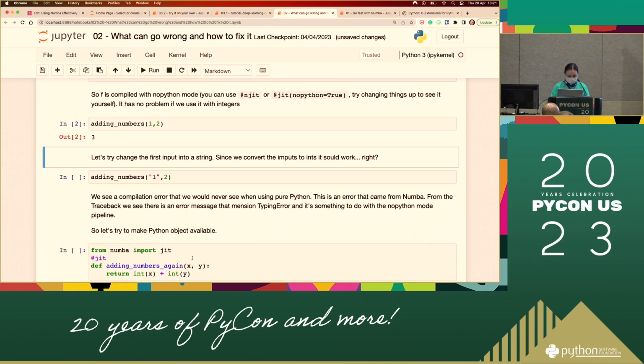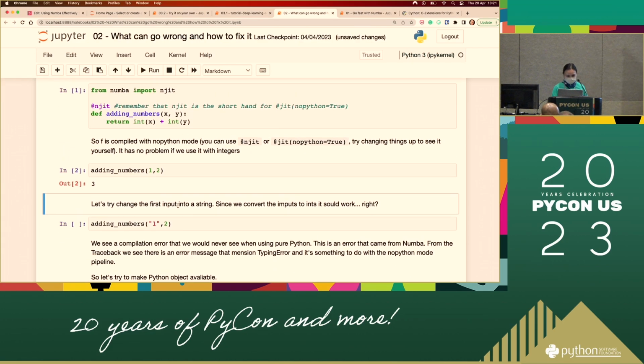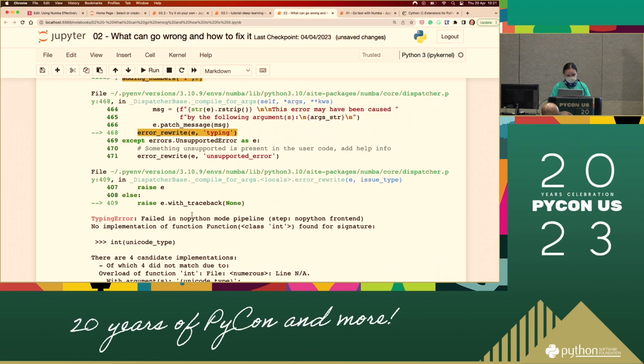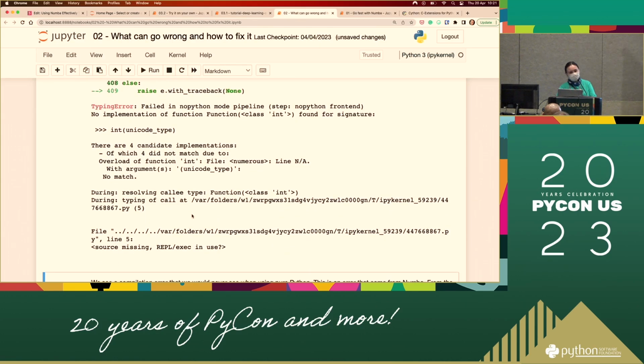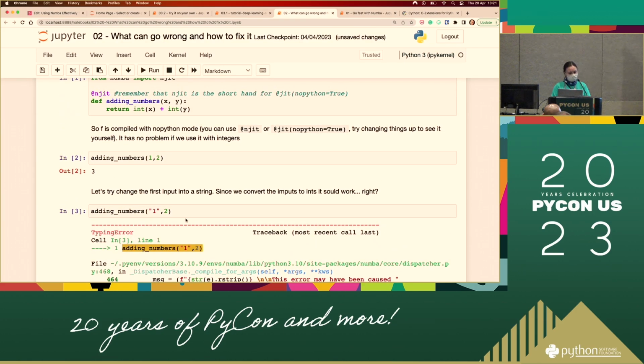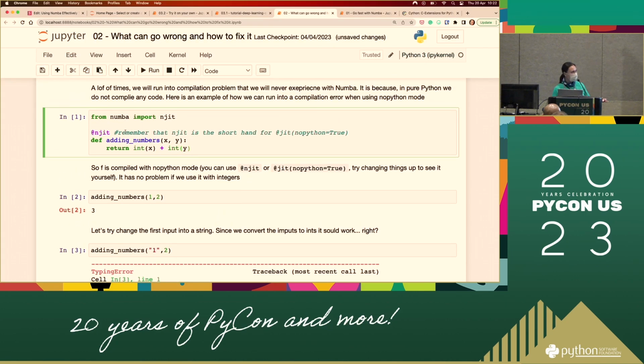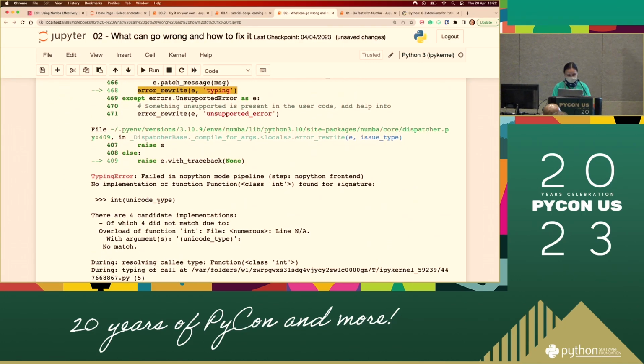This is working fine, because both of them are integers. It knows what to do because these two are supposed to be integers, right? So everything is fine. But like I said before, if this is what comes in through your arguments from the command line, it is a string. It's not an integer. Then you will have a scary error. You have a type error. So it doesn't work. But then you will scratch your head, right? Normally, because I have already done this in Python, why doesn't it work? Well, because this is compiled code. It works in Python, but it doesn't work if it's compiled.